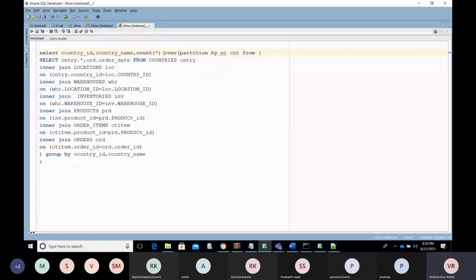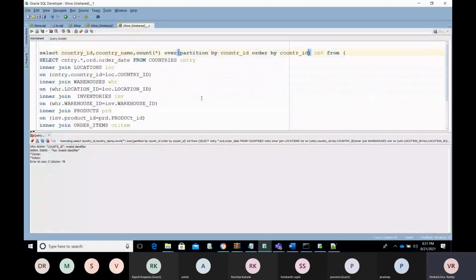We are going to partition by country. We are going to separate all the details with the country ID. So partition by country, order by country. As of now, we can put the country name or country ID, so we can use that.